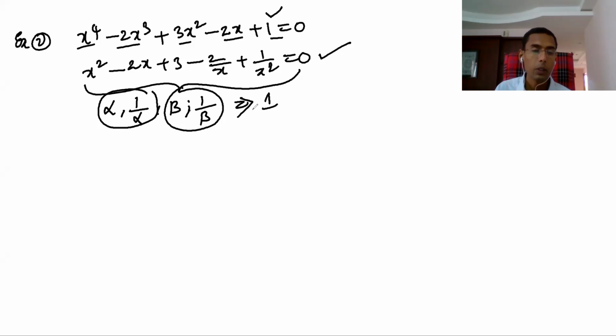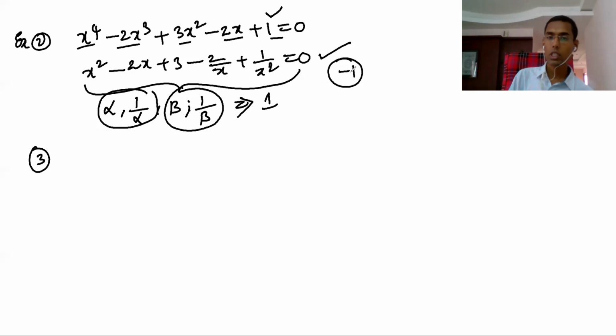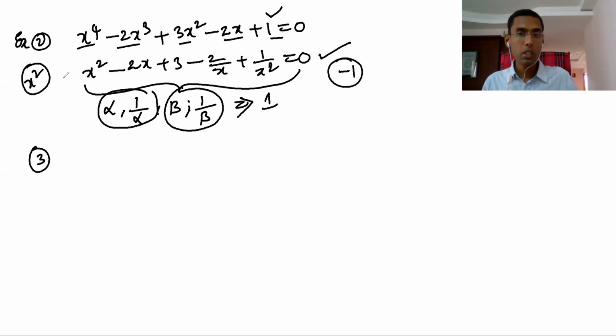Next, we'll see the third. So what we discussed: reciprocal equations. First, for an odd degree reciprocal equation of class 1, you will have minus 1 as a root. That's what we discussed. For an even degree reciprocal equation of class 1, you will not find the roots immediately, but you can find the roots by dividing by x square on both sides, and then putting x plus 1 by x equal to t. That's what you should do. And then we are going to the next.